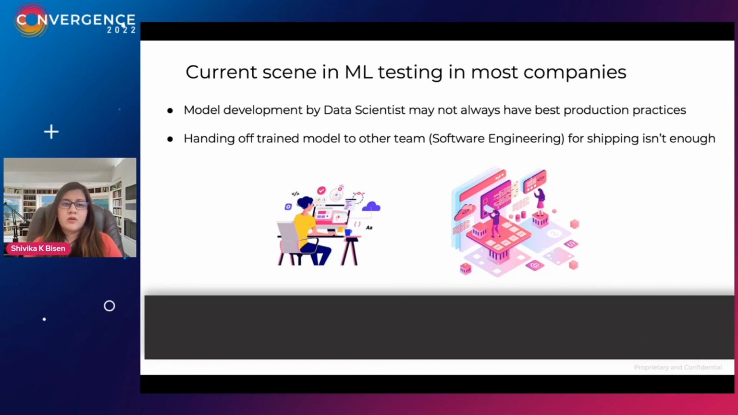So that brings us to our question: how is it being done presently? How is machine learning testing being done in the current scene in most companies? Just to give you a sense of how it works, a data scientist works on building the model. She builds the model, evaluates the model, and once it is built, they give it to another team. And the model that the data scientist has worked on may not always follow the best production practices,